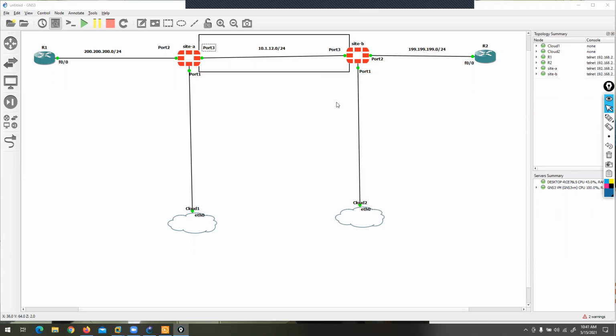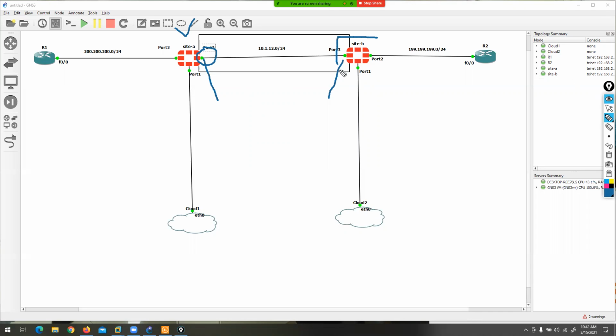Okay, so let's start our configuration. What we completed, guys, see, I'm not using a router here; you can say cloud. I'm using direct connectivity between this one and this site. This one is your public site. It means this is my source public IP. If I am configuring the VPN connection from site A, this is my source public IP and this is my destination public IP. And when I configure VPN here, this is my source public IP and this is my destination public IP.